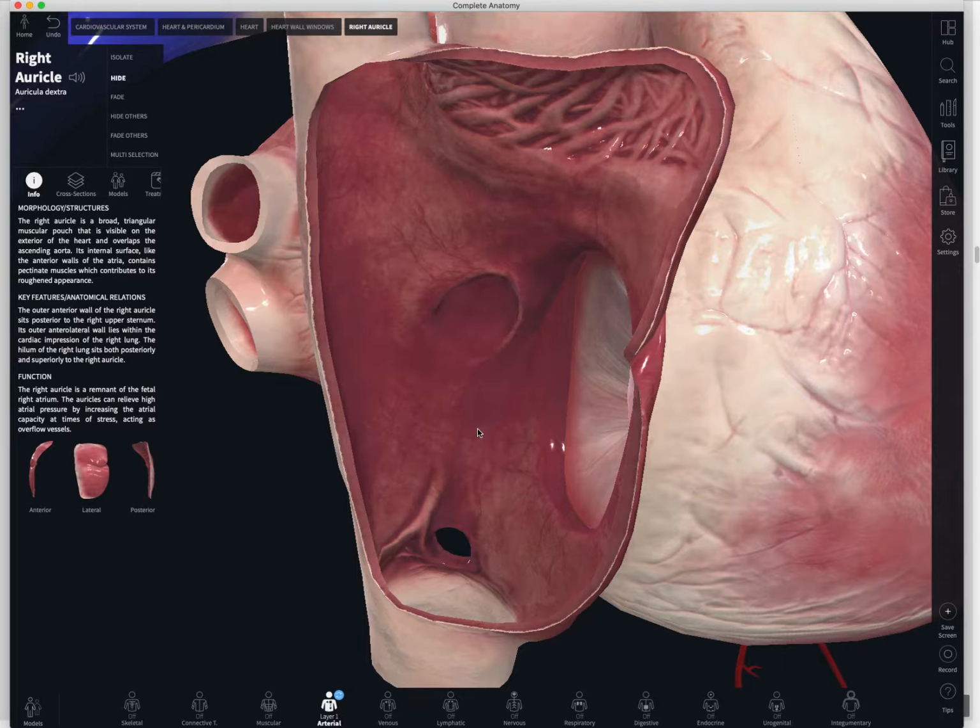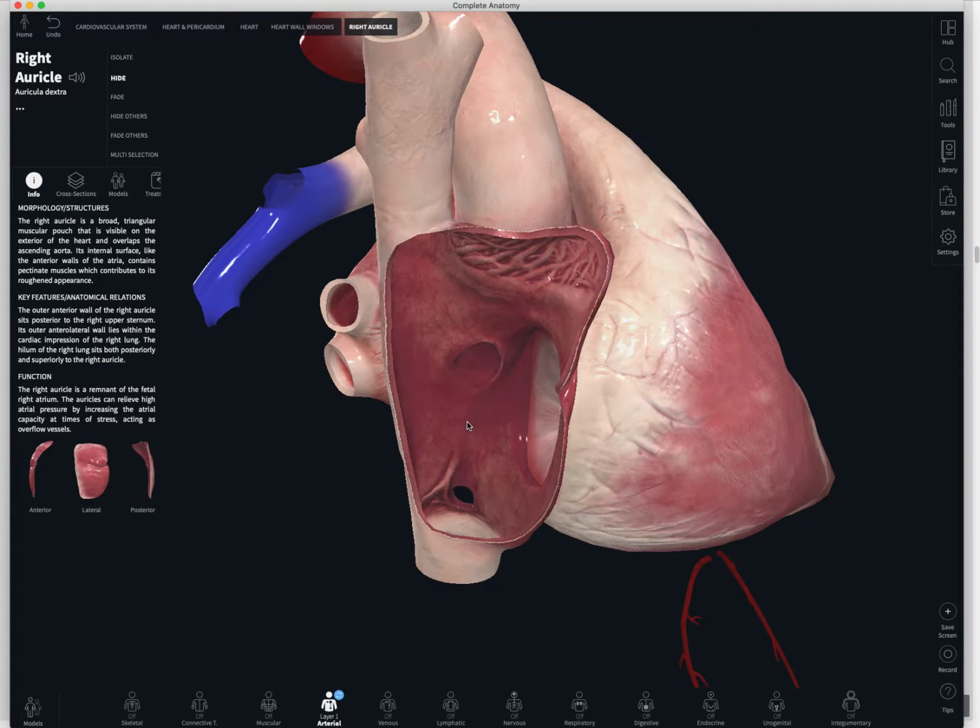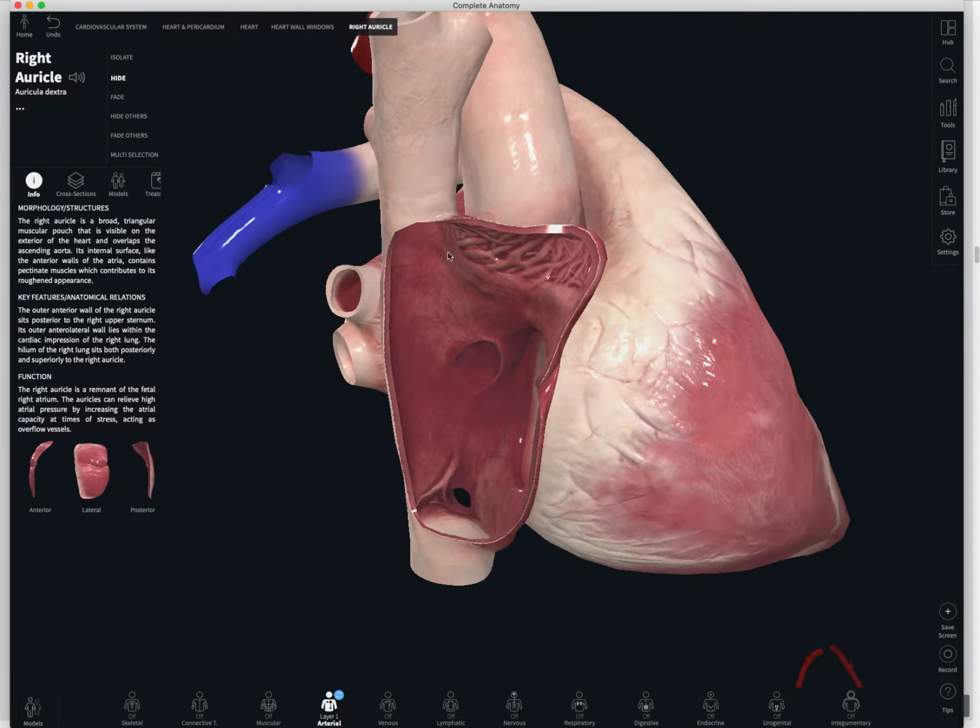Notice that the right atrium receives three sources of blood. One is the superior vena cava coming from above. So it drains blood from your tissues above the diaphragm. Whereas for tissues below the diaphragm, the blood drains through the inferior vena cava into the right atrium. So we've got superior vena cava, SVC, inferior vena cava,